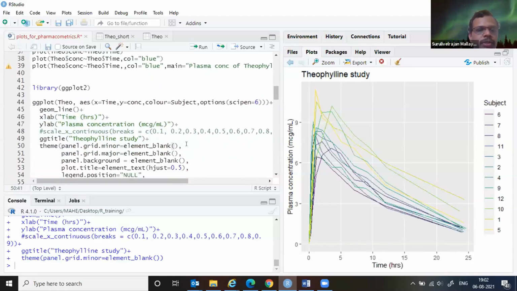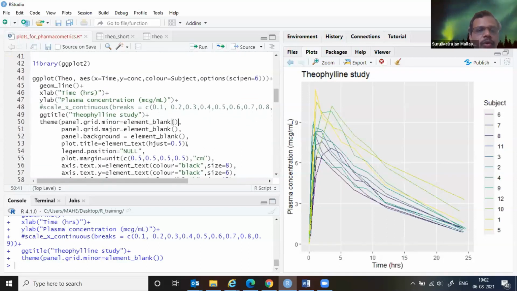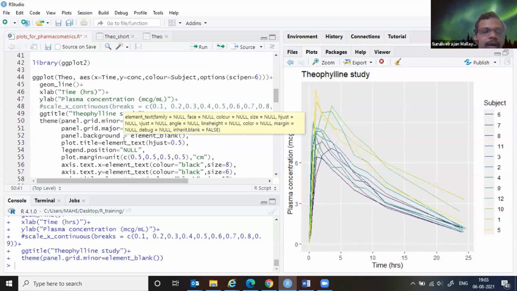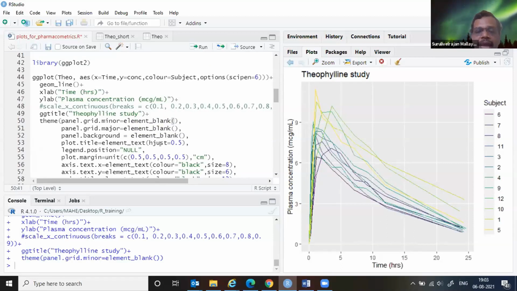Okay. So like this, I go on: panel.grid.minor, panel.grid.major, panel.background, element_blank, element_blank, element_blank, meaning that particular element will become blank, it will disappear. And plot.title, element_text, hjust: that means you can adjust where it appears horizontally.